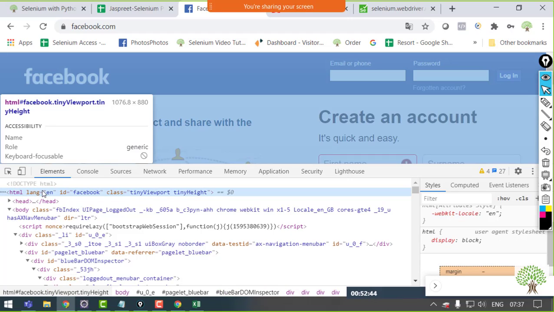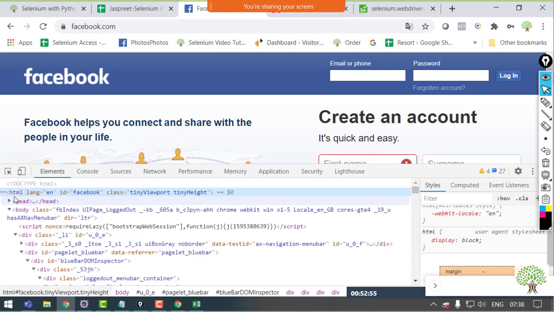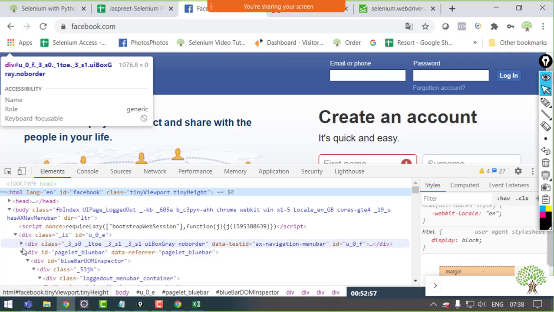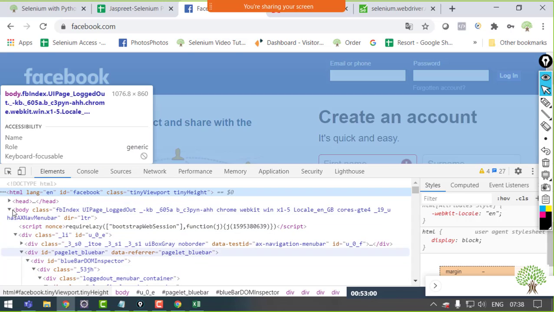So whenever I'm making the complete XPath on my own, or taking some help of a tool, the complete XPath will start from the HTML tag, then go further to the next tags as we move further.